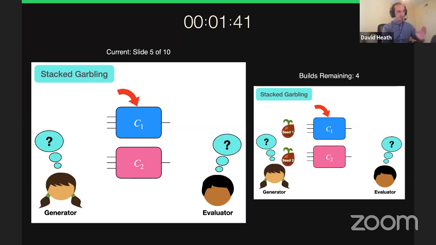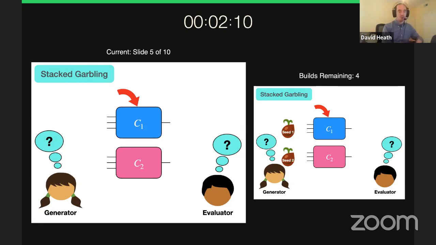So we'll consider these two circuits C1 and C2, and I'd like you to imagine the case where circuit C1 is taken during evaluation of this conditional branch. The key point is that the circuit generator and evaluator should not know which of these two branches is taken during evaluation. Our approach is going to reduce the amount of information needed to represent the encryption of a conditional branch without having to disclose to any of the players which branch is taken.